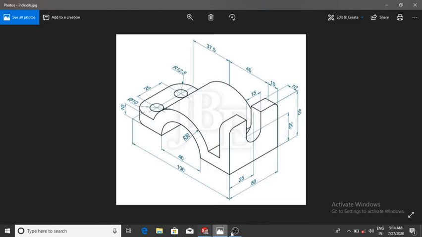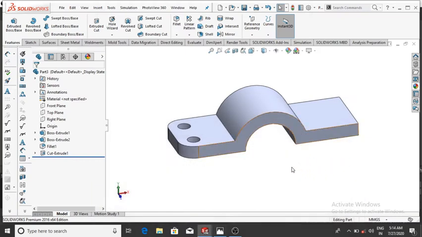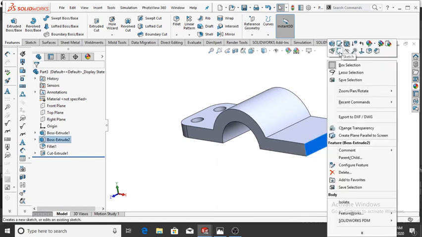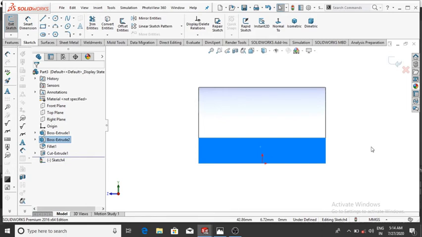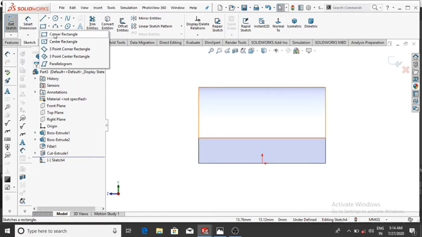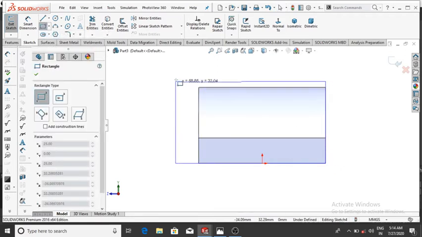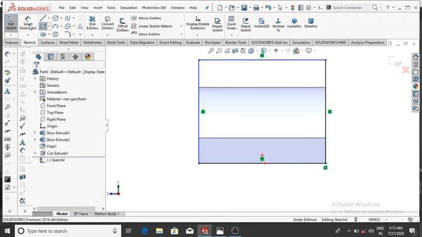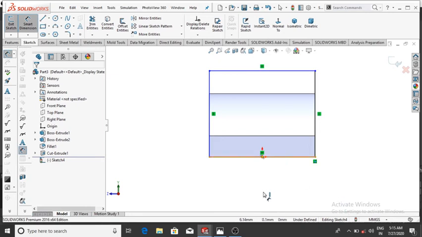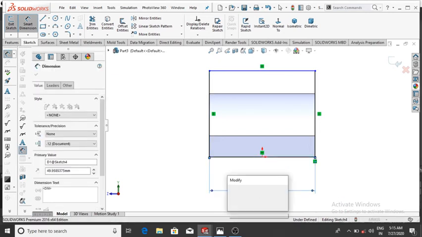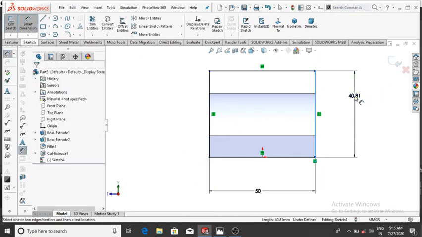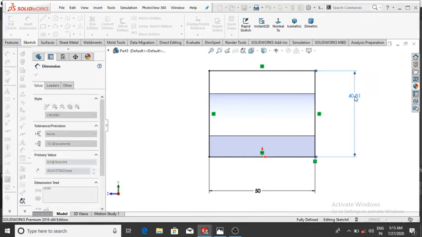So go to this face, so on this face make the sketch, so simply select this face and right click, sketch, then normal, and make the corner rectangle, so simply select corner rectangle and from this point to this, and go to the smart dimension and its length will be 50 mm, so select 50 mm, then okay. But this length will be 40 mm, so select 40 mm, then okay.